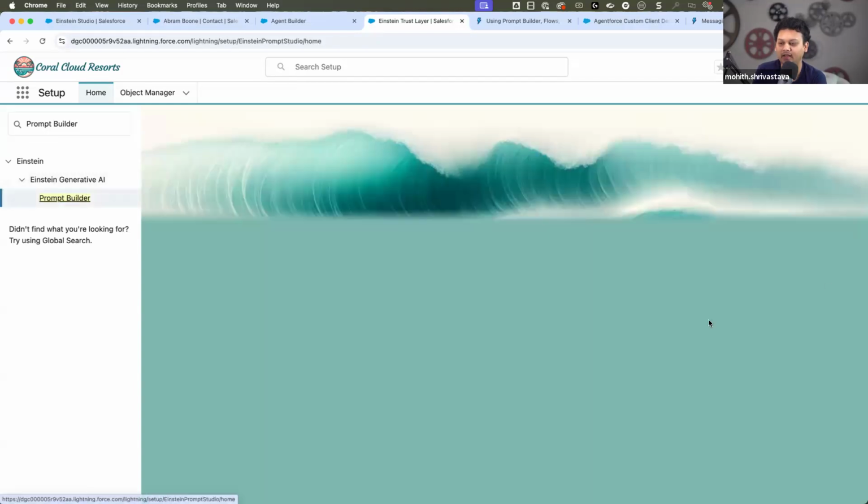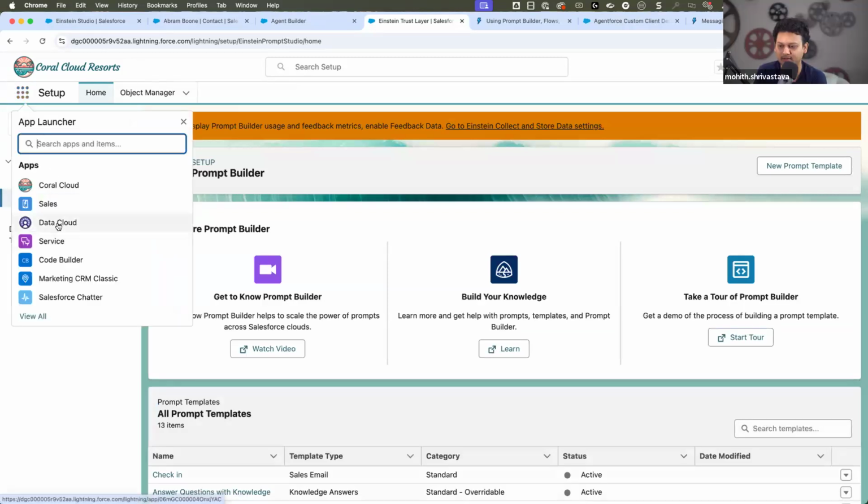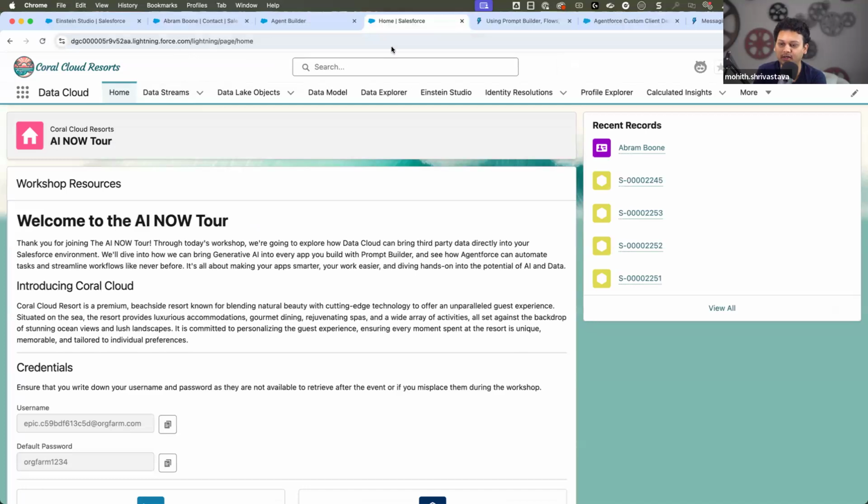So that everything gets stored in the data cloud. So if you go to data cloud here, right? I don't think you're tracking those metrics in this org. I have a little bit of data, but I don't have the full data. Yeah. So, but here, if you go to